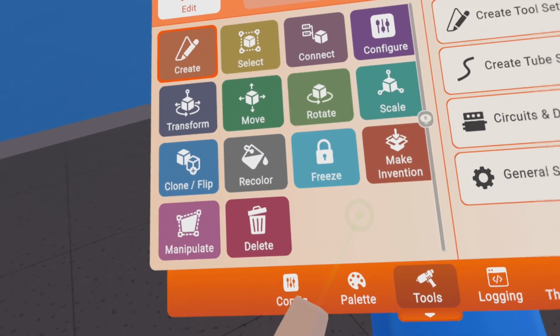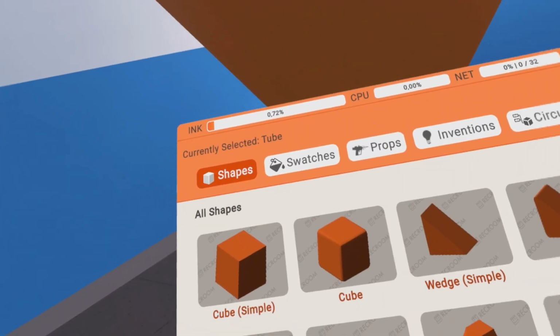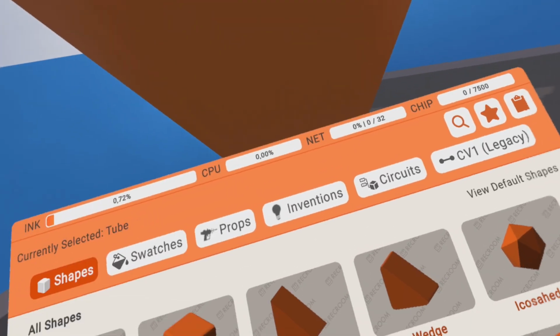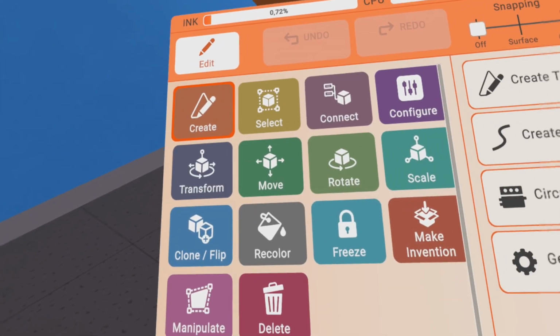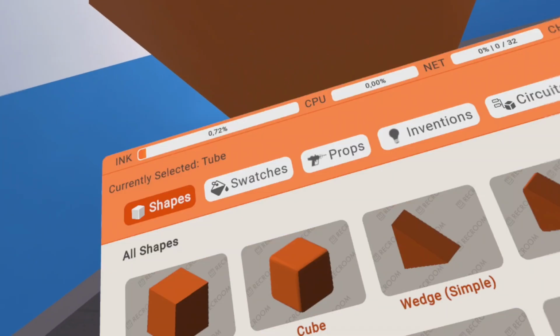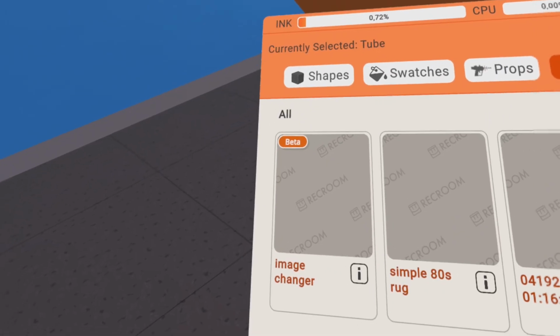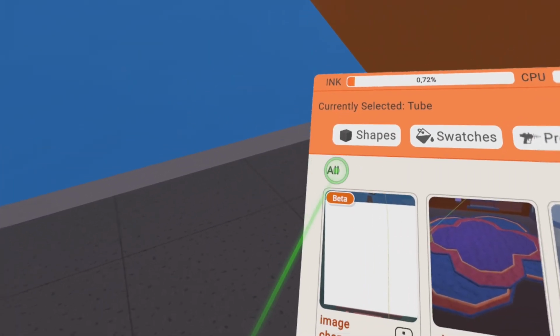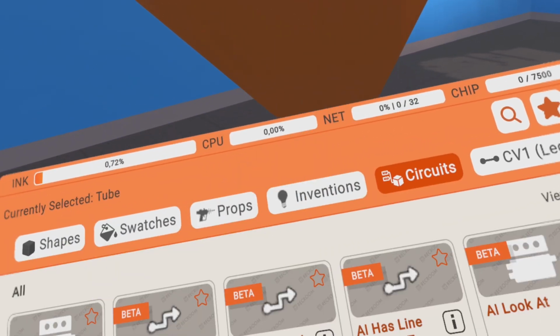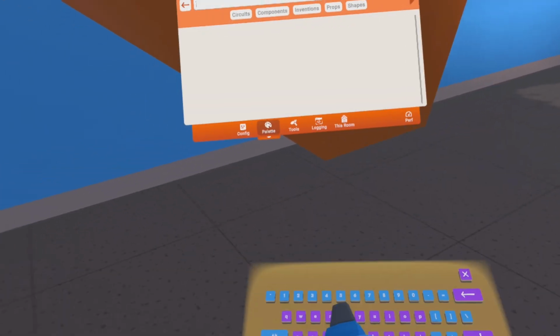So this is achieved in Rec Room 1.10. So you have to use the normal Rec Room, not Rec Room 2, and have beta content activated. And we will use some circuits for that. First I want to build